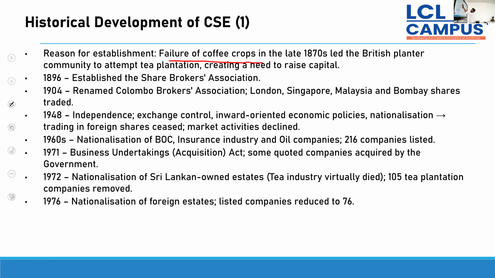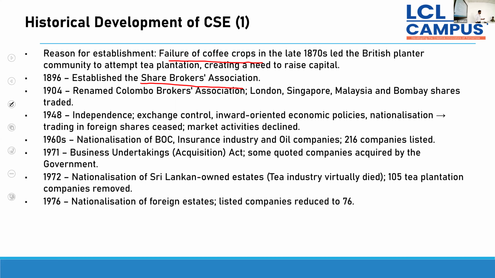They established the Share Brokers Association in 1896, right? In 1904, they renamed it as what? Colombo Brokers Association, right? 1948 is the year we got independence, right? So,